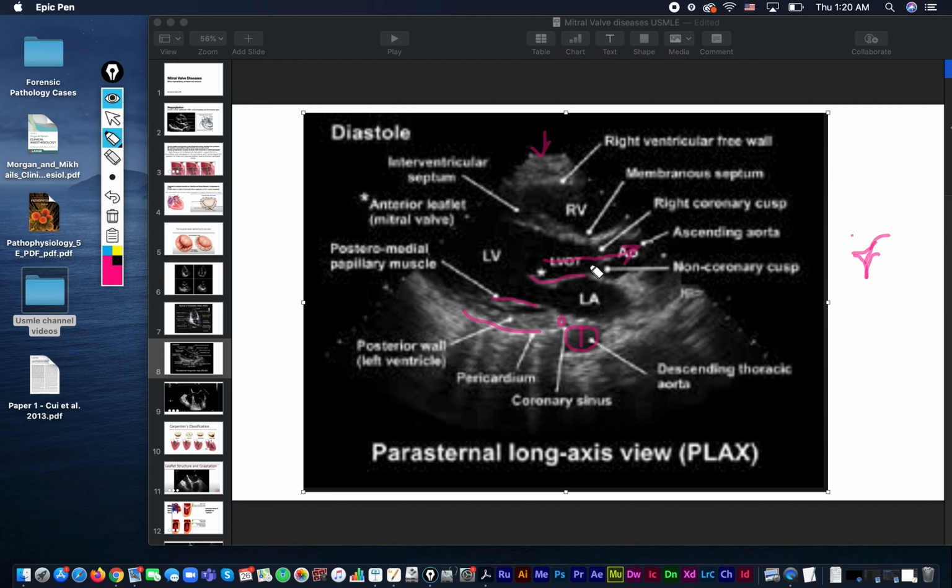Right coronary cusp. It's right. What's the right coronary? Right coronary cusp. So, in a non-coronary cusp. Remember, it's important to know that the heart needs oxygen itself. Just because it provides oxygen to the whole body, let's not forget it needs its own. So the way it gets that is through the right coronary cusp,